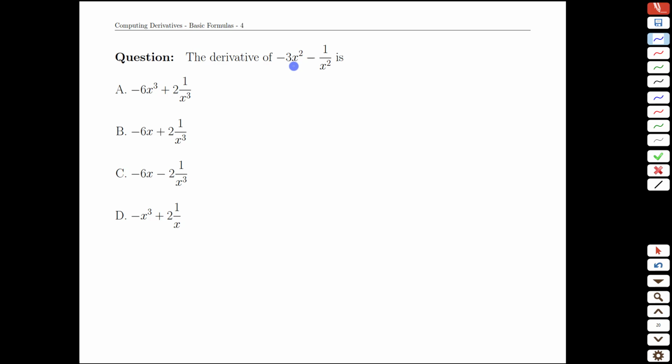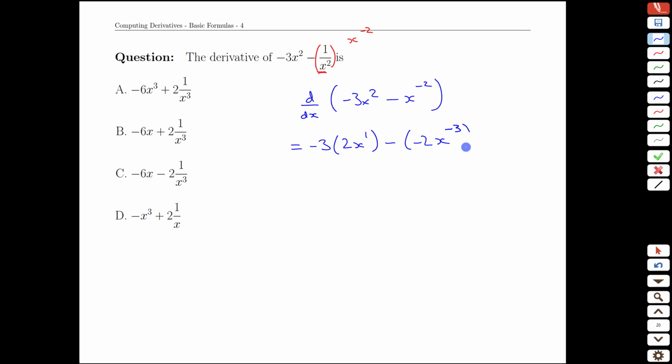All right, if we do our derivative calculations, we'll do this the long way. Except the one thing we're going to do is rewrite this as a single power. This is x to the negative 2. So if we're careful with our rules, the negative 3 is a multiplier, the derivative of x squared is to bring the power down front, 2x to the power 1, minus, bring the power down front applies again here, subtract 1 from negative 2 makes it more negative, and we get negative 3, and then when we tidy up, we're going to have negative 6x plus 2